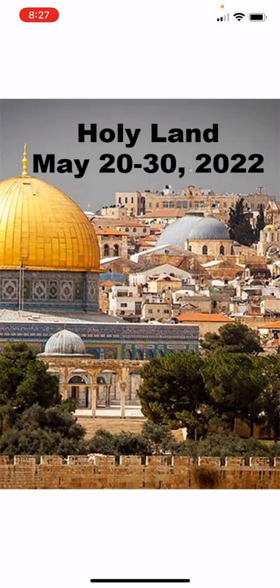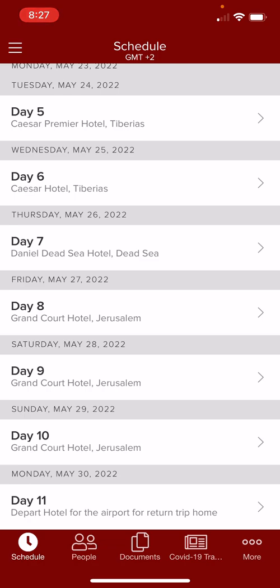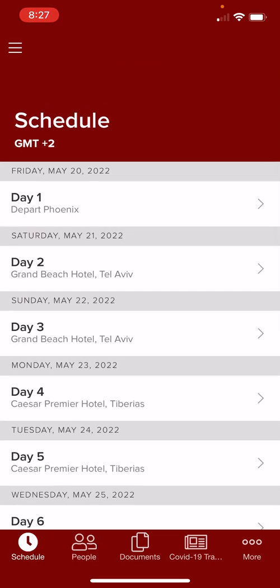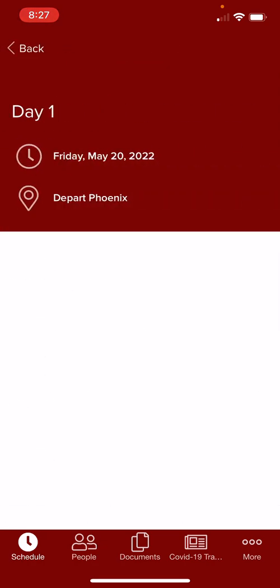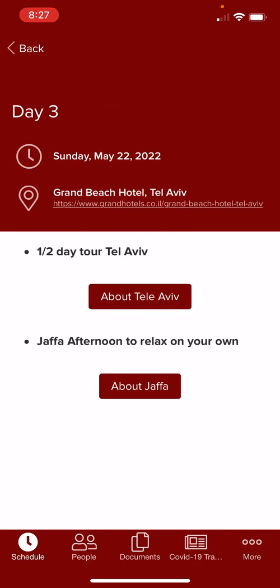Click on that, and you will be taken to your schedule. Now, the schedule is laid out by day 1 through day 11. And if you click on any individual day, you'll see the details for that day. For example, if I go to day 3, you will see that we are going to spend a half-day tour in Tel Aviv and then the afternoon in